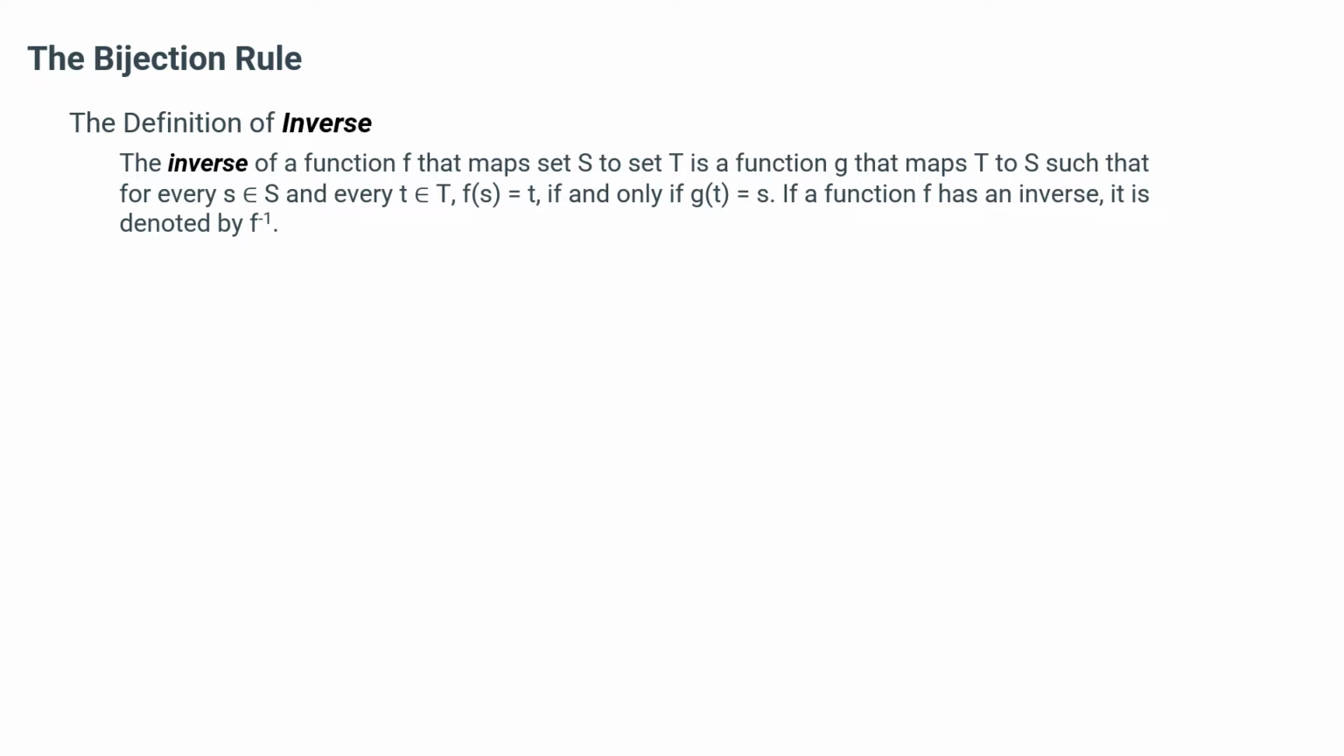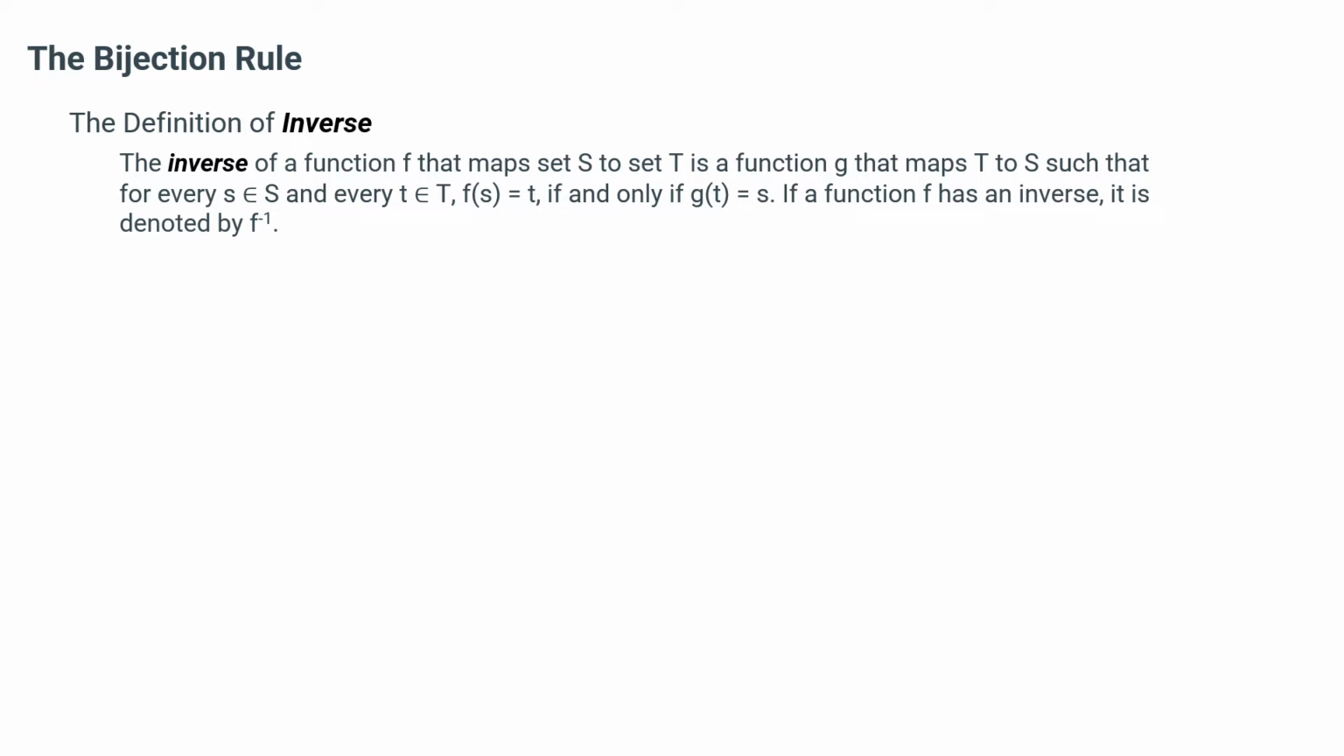Okay, so first of all, for the bijection rule section, we need to define the term inverse. And I'm sure you already are familiar with this in terms of functions. So here's what this says. The inverse of a function f that maps a set S to a set T, S would be the domain, T would be the range, is a function G that maps T back to S. So we go from S to T, and then G would take us from T back to S, such that